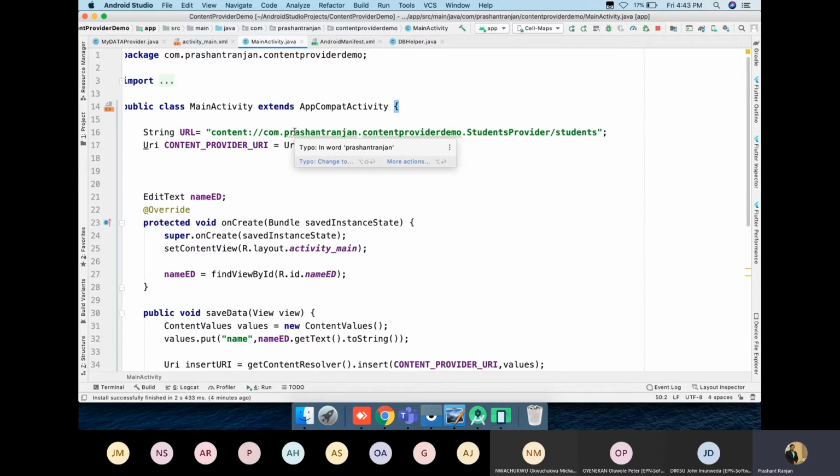Also, you have to implement the delete part and update part of the content provider. The content provider is a little bit lengthy, no doubt, but it is very interesting because you are going to use one database and that is going to be shared between a number of applications based on the content provider URI. And what is the process to do that? We have just seen all the things.